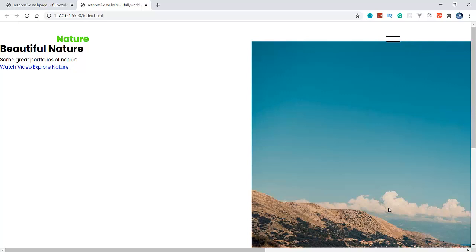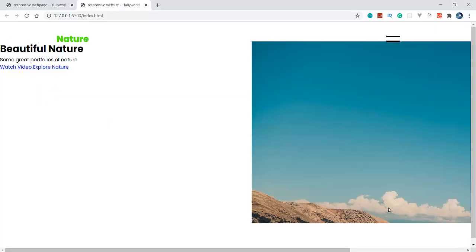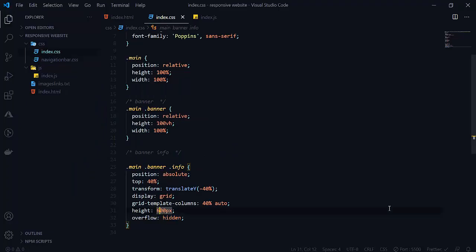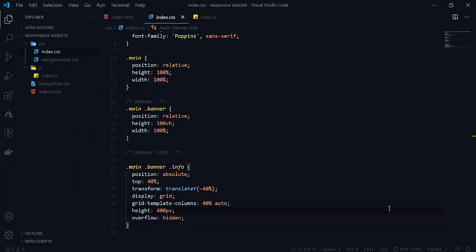Now I think it is looking good. And let's set overflow as hidden here. So overflow is hidden. 600 pixel is very big, so let's make it 400 pixel. 400 pixel is looking good now, and we want to make it 45%.